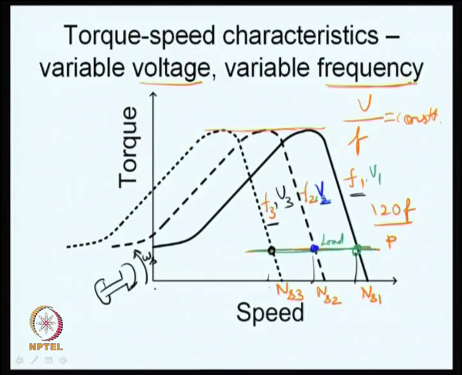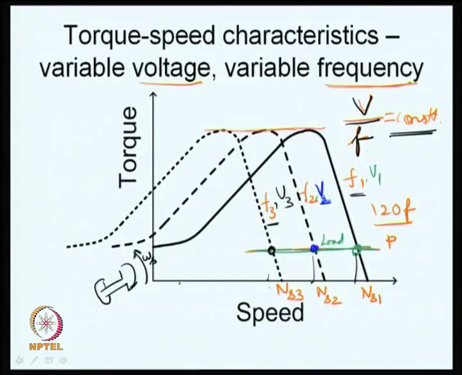So, speed control is achieved here essentially by controlling the speed of this revolving magnetic field, that is, by controlling the stator frequency. But for this you have to make sure that the strength of the magnetic field is constant, and that is given by this ratio V by F. You maintain this V by F at a constant value equal to its rated value. Therefore, you can maintain the flux at more or less equal to the peak flux. Of course, here we are making an assumption that the resistance drop is negligible. Basically, V equals IR plus d psi by dt, and we are neglecting the IR term here. So, the resistive drops are negligible, you do that.